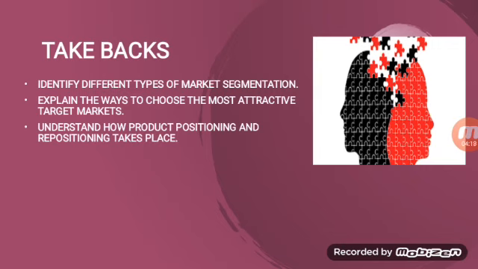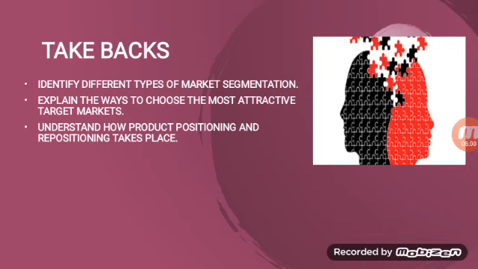Okay, what is a target market? According to the definition, a target market refers to a group of potential people that a company wants to sell their products or services to. In short, target market means who you want to sell your products to, where this target market shows similar characteristics. It means a group of people that have the same characteristics, same interests, same likes. Okay, so that is a target market.